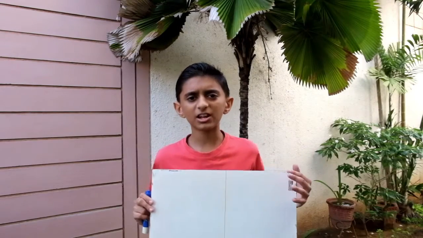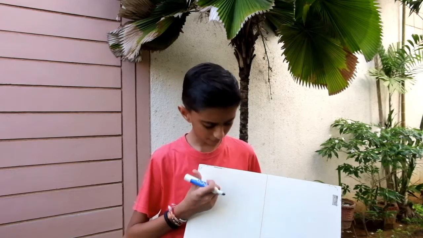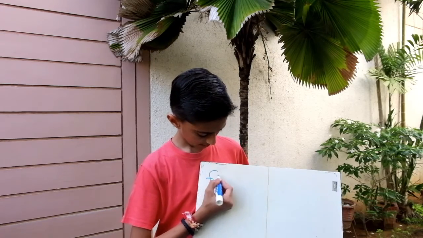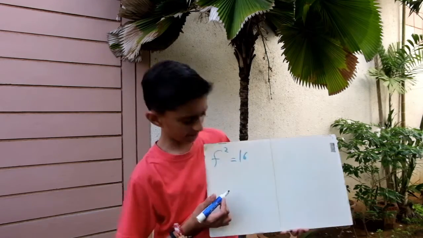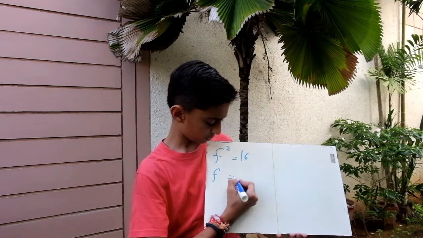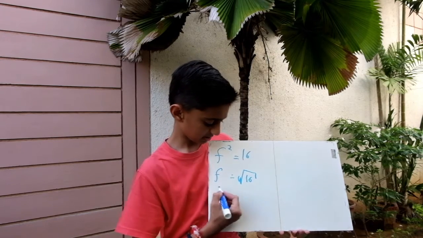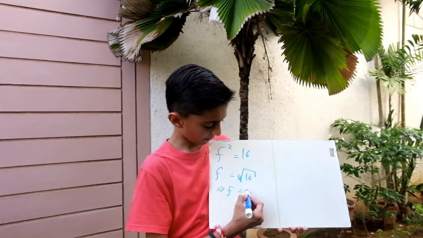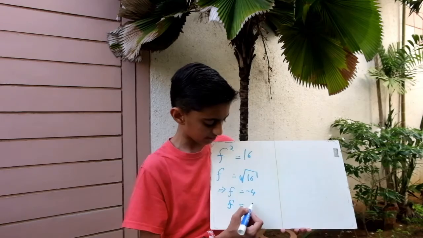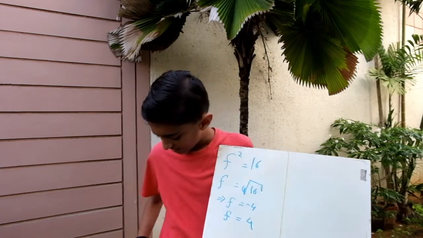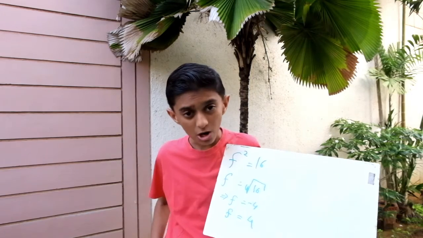So this antimatter was actually discovered by Paul Dirac. He was a genius scientist. When he was making his calculations, he came to an equation. You might be studying mathematical equations, right? So you know that for an equation f square is equal to 16, there can be two options. F is equal to root 16, that is f is equal to minus 4, as well as f is equal to 4, right? Same way, what Paul Dirac found was that